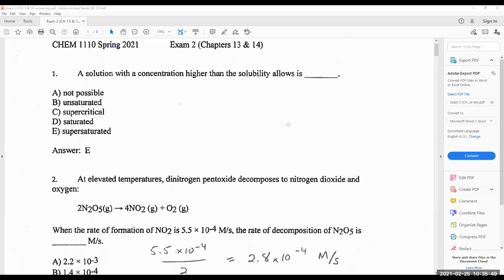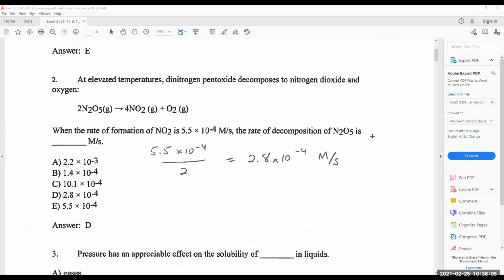So the first question, number 1, a solution with a concentration higher than the solubility allows. And the answer to that is it's a supersaturated solution. Then number 2,